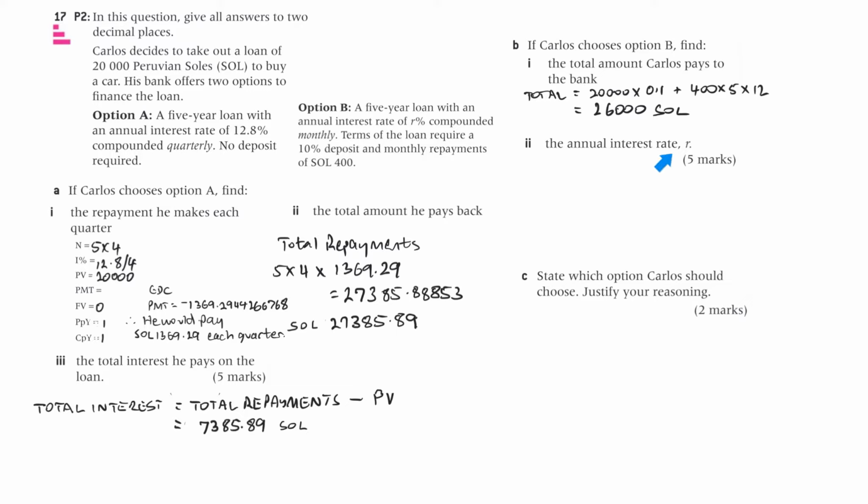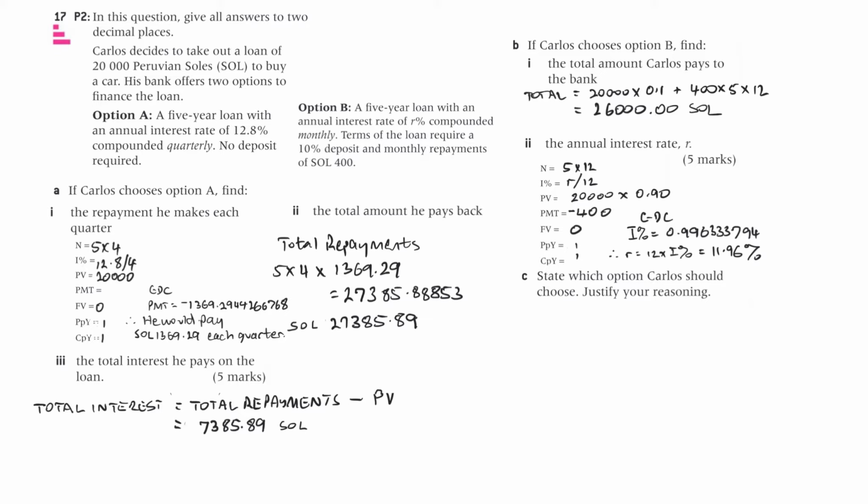2, the annual interest rate R. Now we have to find R. All right, we'll set this out like it is in the calculator. We want to keep these two as 1 and 1, so we're going to adjust N and the interest rate. It's 5 years and it's monthly, so it's 5 times 12. The calculator is going to give us 1/12 of R. That number we get from the calculator would just be 1/12 of R, so we'll need to multiply it eventually